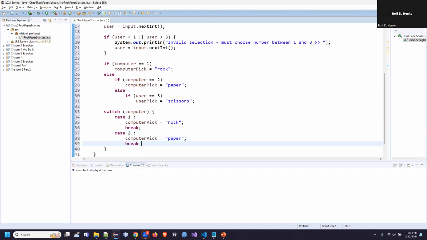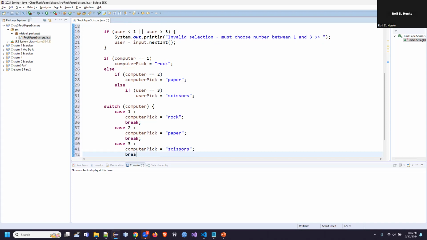And I don't know if you guys are seeing how this is maybe a little bit cleaner, right? I think it's easier to read. I really prefer doing it this way a lot when you have a lot of different situations, and that way you don't have to write this if statement that never ends. So I'm going to kind of stick with this approach here. So I can just copy this one, and I see I typed user pick here, and that was even incorrect. I should say computer pick equals scissors,